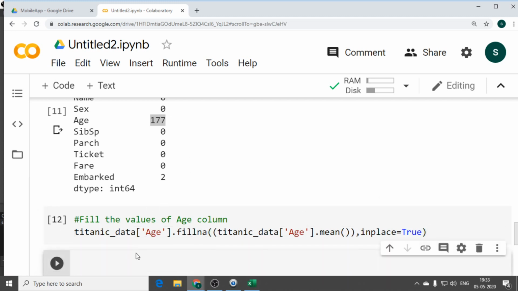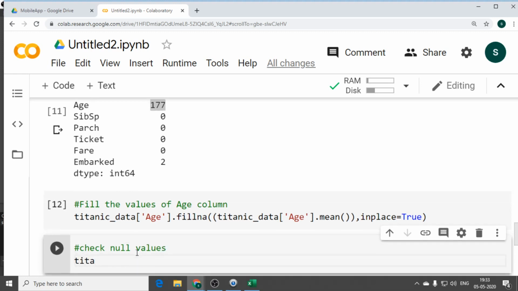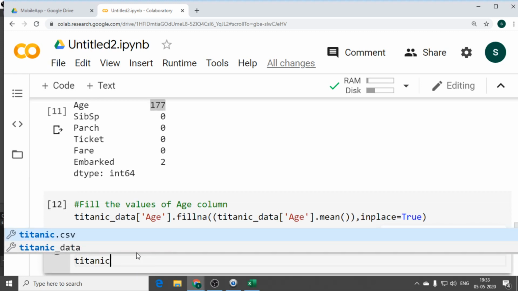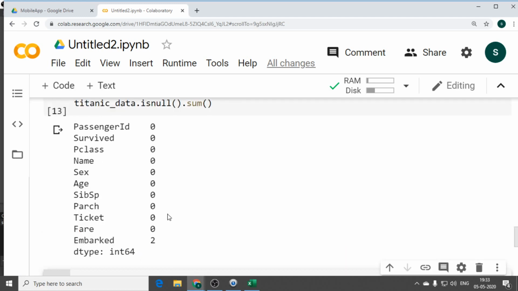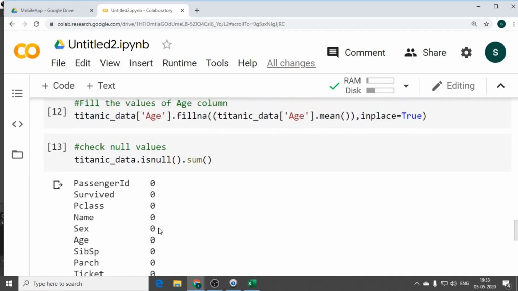How can I check it? Same, again check null values. titanic_data.isnull() for null values, and to calculate all the values we go for sum. You can see age is filled.